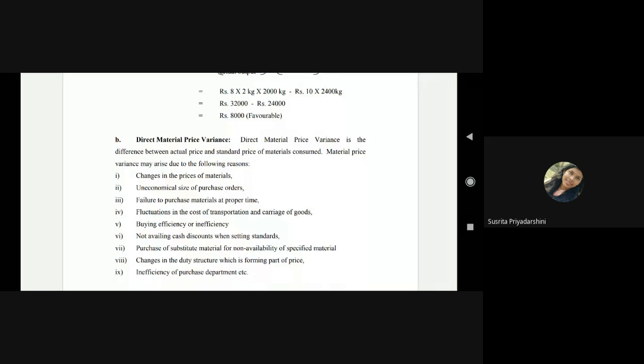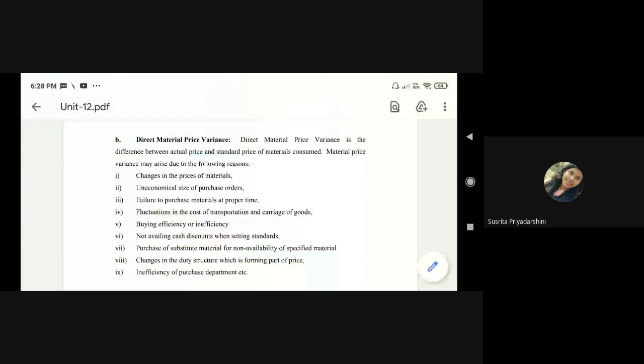तो जो परचेज ऑर्डर अगर हमारा अन-इकोनॉमिकल होगा, इसका मतलब ये हुआ कि अगर हम एक लॉट में ज्यादा परचेज करते हैं, एक लॉट में कम परचेज करते हैं और इधर उधर कर लेते हैं तो हमारा कॉस्ट ज्यादा हो जाएगा। कैसे कि अगर बहुत कम स्मॉल अमाउंट और क्वांटिटी में परचेज करेंगे तो हमें बहुत सारा डिस-इकोनॉमीज आ जाएगा। जैसे कि हमें डिस्काउंट नहीं मिलेगा, और एक साथ परचेज करके ट्रांसपोर्ट कर देते हैं तो हमारा जो कैरेज कॉस्ट है वो बच जाता है। अगर हम छोटे छोटे लॉट में परचेज करते हैं तो ट्रांसपोर्टेशन कॉस्ट ज्यादा हो जाता है, तो हमारा कॉस्ट पार्ट बढ़ जाता है। तो इसीलिए ऐसा होता है तो हमारा प्राइस वेरिएंसेस आ जाता है बीच में।